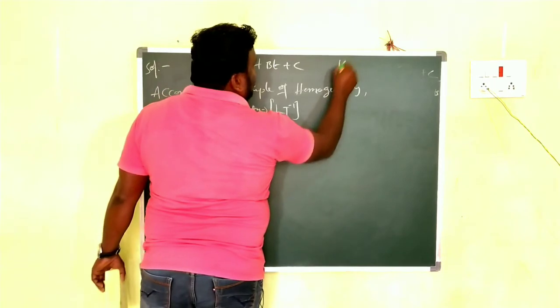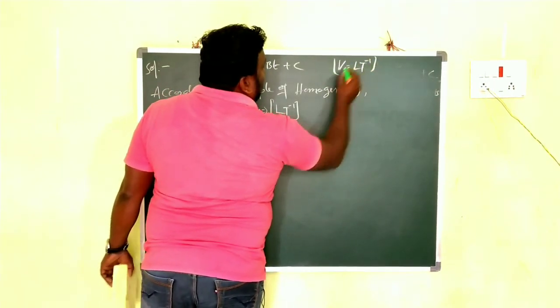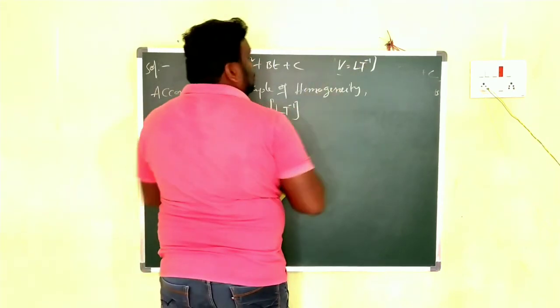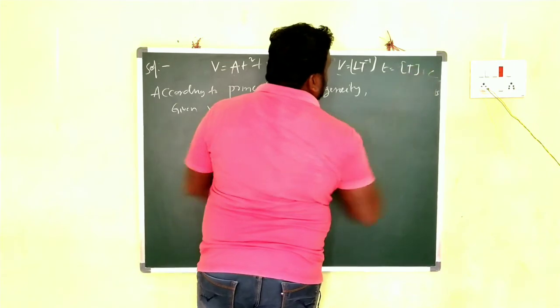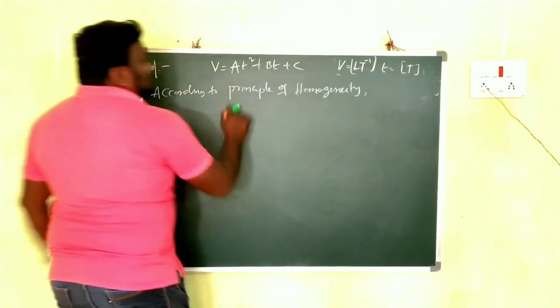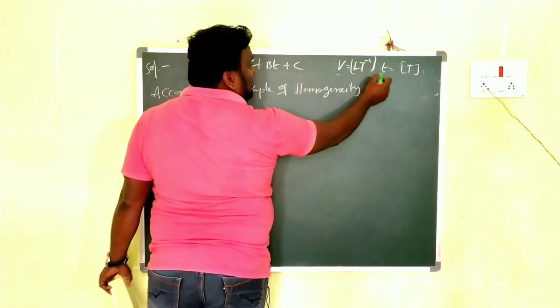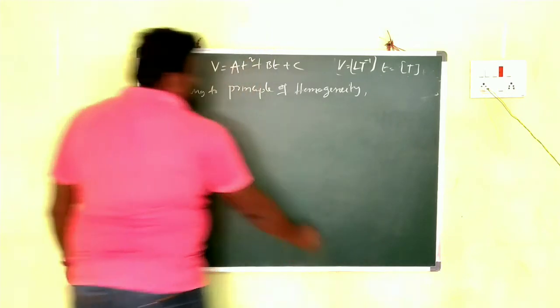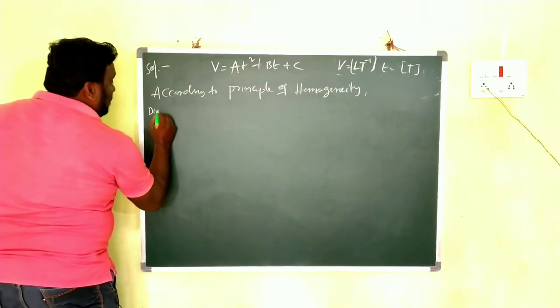Time. For time, what do you write? Capital T. So given that V is the velocity, LT inverse 1 is its dimensional formula, and T is time, its dimensional formula is capital T. So according to the principle of homogeneity, dimensional formula